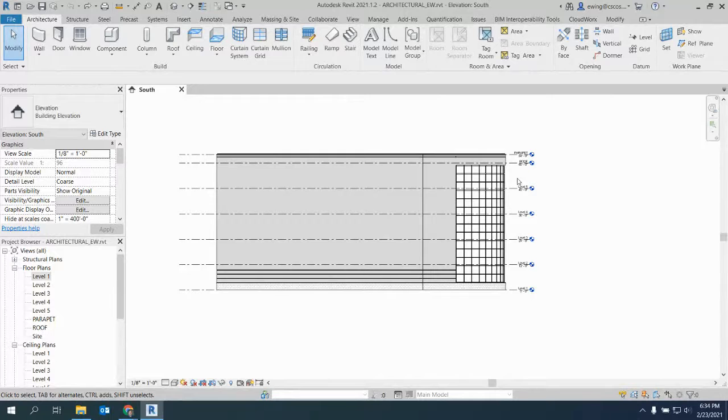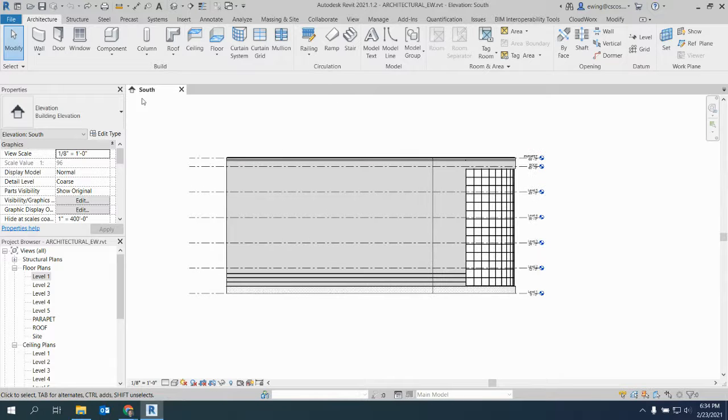So let's get started. You're in Revit. Hopefully you have your class model open. I don't know what view you're in. I was messing around, so you might not be in the south elevation like I am, but that doesn't matter because we're all going to go to the same elevation right now, or the same plan anyway. So in the project browser, under floor plans,